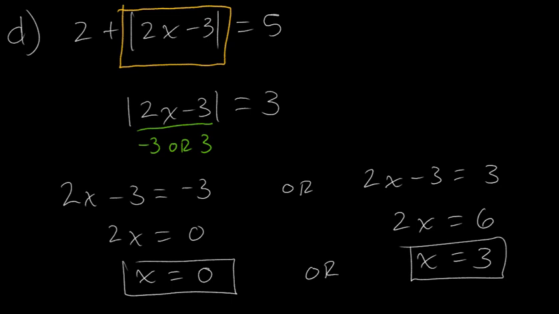And I can come back up to my original equation and think about, okay, what if I take and put those values of x in here? In the case that I put in 0, it becomes the absolute value of negative 3, which is 3, right? So this becomes 2 plus 3, which is 5. In the case that I put 3 there, that becomes 6. 6 minus 3 would be 3. Absolute value of 3 is 3. 2 plus 3 is 5. So these two values, x is 0 or x is 3, are solutions to